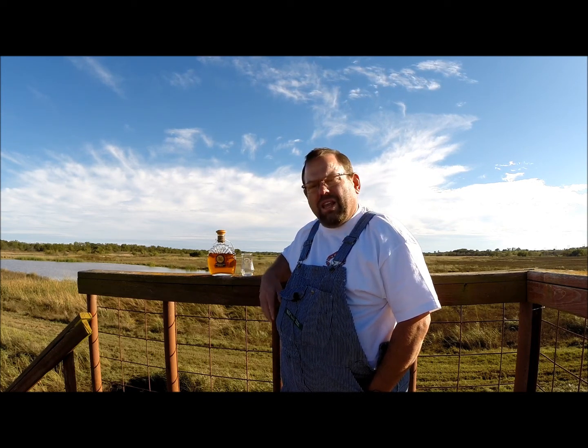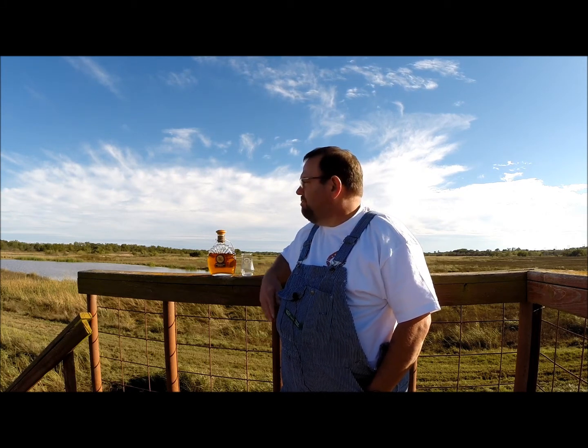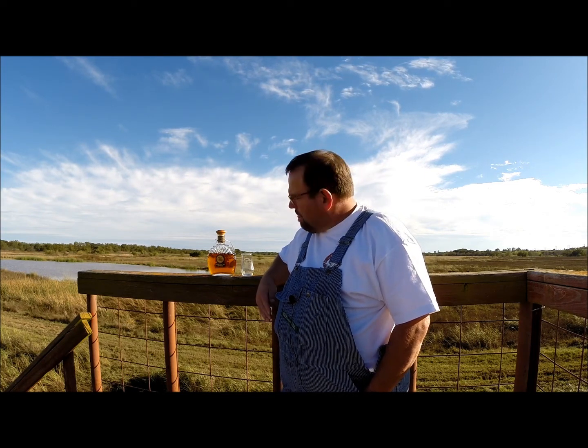We've had a lot of rain the last few days. Do a little bit more scouting, see how much the water's helped fill up some of the ponds that were a little dry, and it's going to help a lot. I'm out here